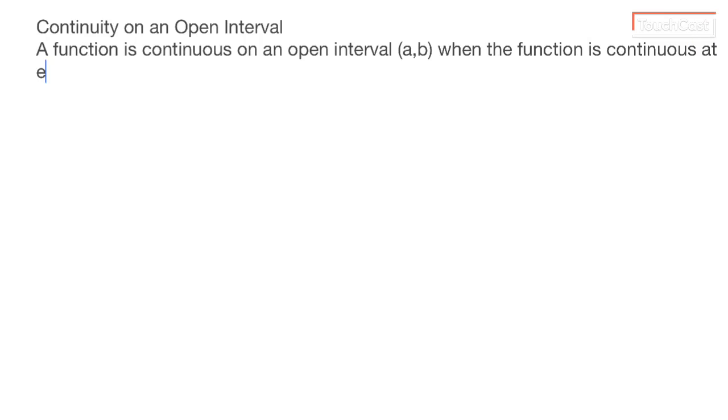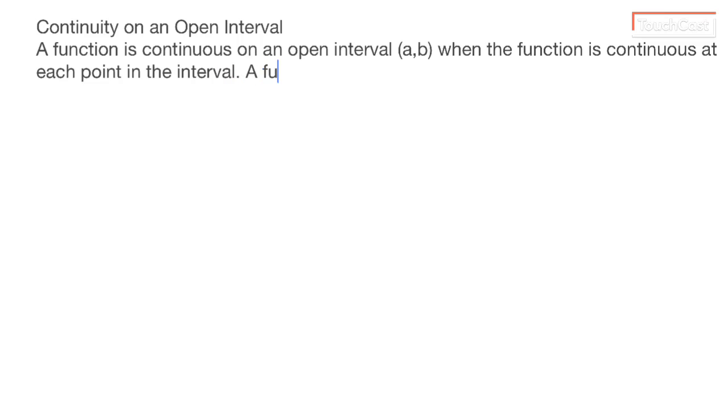So not only are we going to talk about continuity at a point, we're going to talk about continuity on an open interval. So here we would say a function is continuous on an open interval from a to b when the function is continuous at each point in the interval,